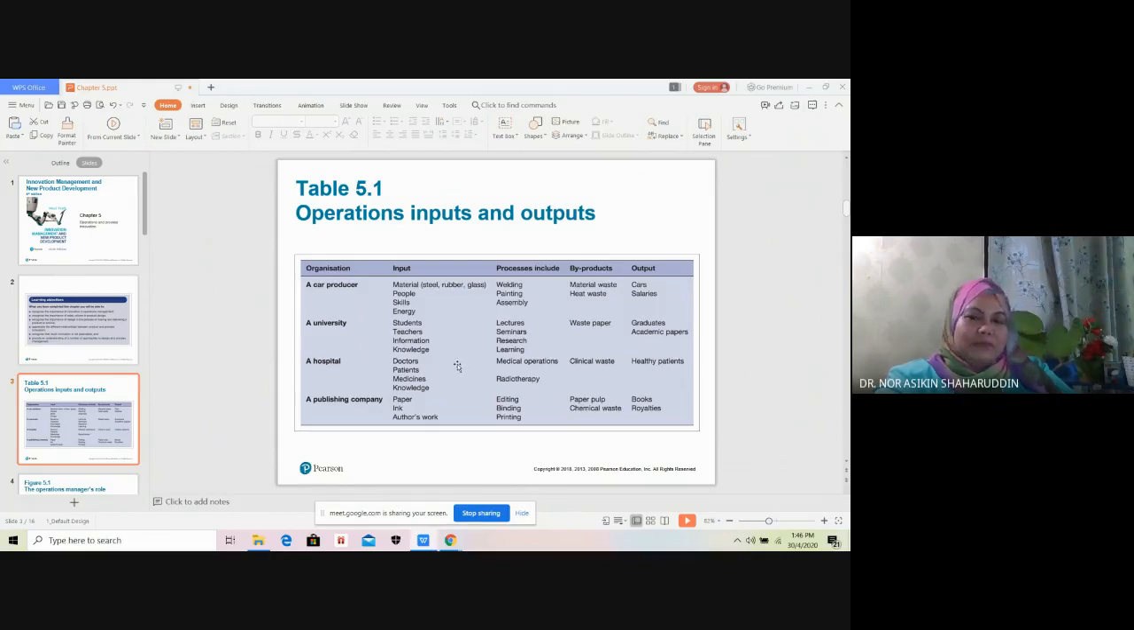There are 4 types of organizations here: a car producer, university, hospital, and publishing company. Let us just look at this university environment. A university is practicing its creativity with the aim or objective to come up with waste paper materials for the graduates and for the users of the